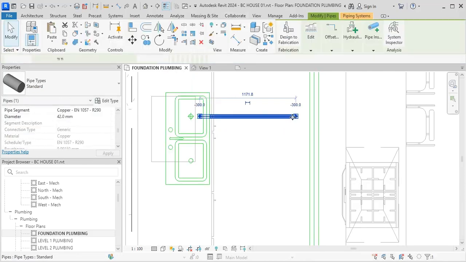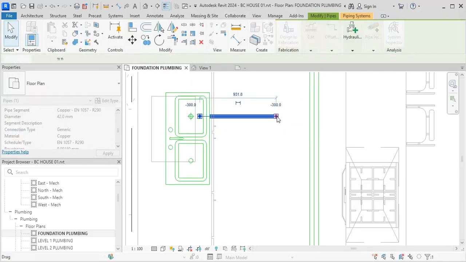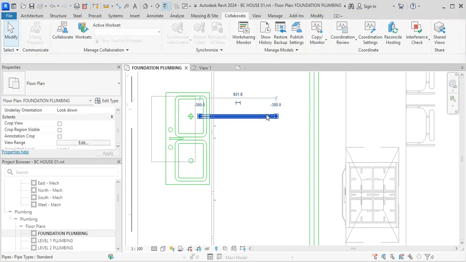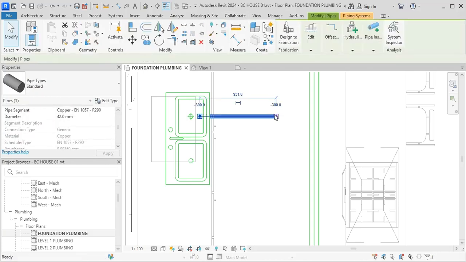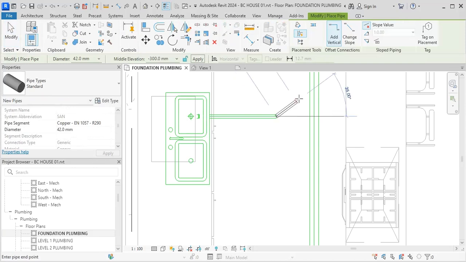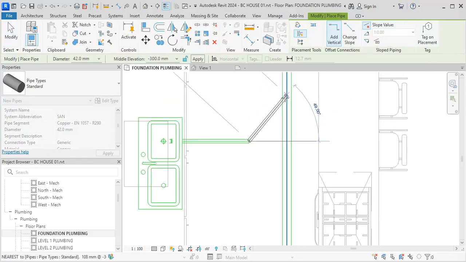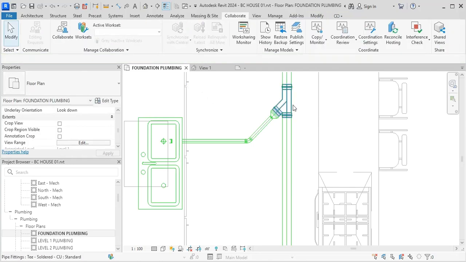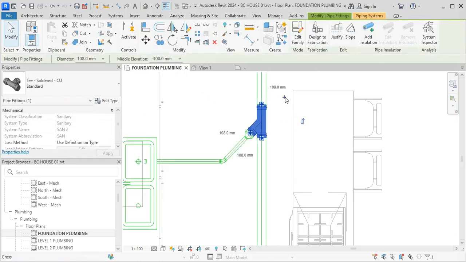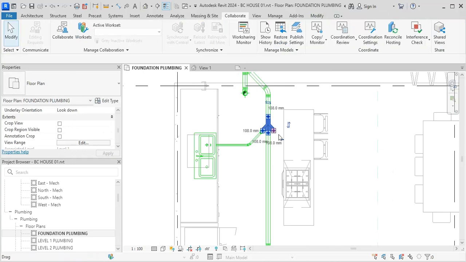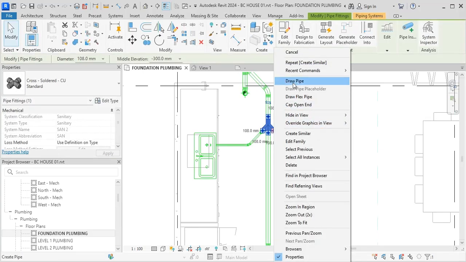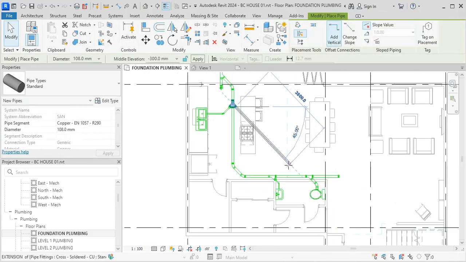Sometimes it doesn't work because there is no place for Revit to draw its CS. Try another time. No, we are good. Click this one, click the plus sign, and then right click, draw pipe, and then take it all the way